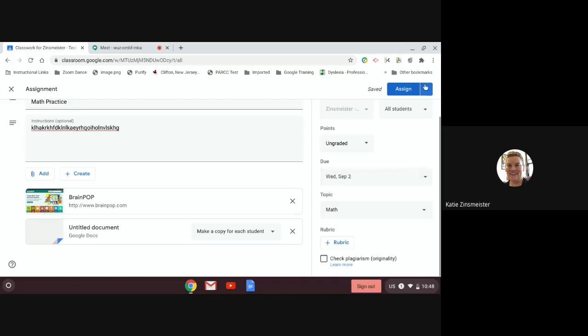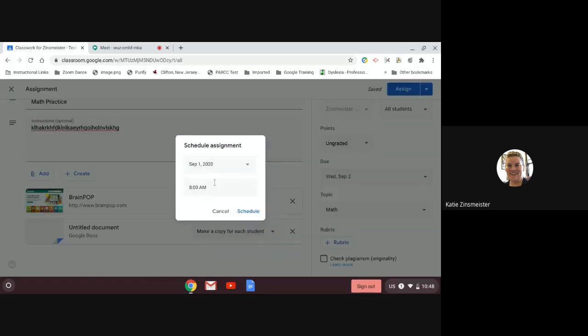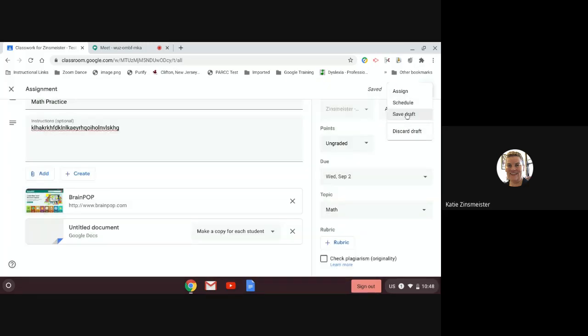So once you're finished, you can do one of 2 things. You can click assign and it goes out to your students, or you can click this downward arrow and you can schedule it to get posted. Maybe the next day at a certain time, school starts, you can schedule it, or you can save it as a draft. So let's say you wanted to add something later, you save it as a draft, or you can discard it. If you click assign and you've filled out all of this stuff,